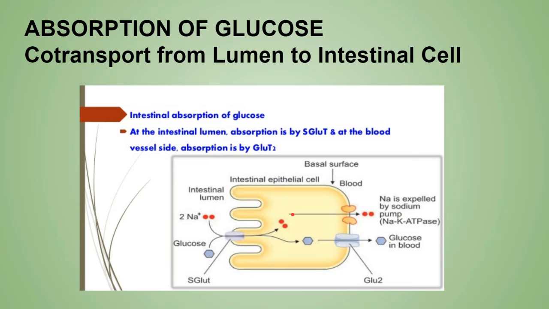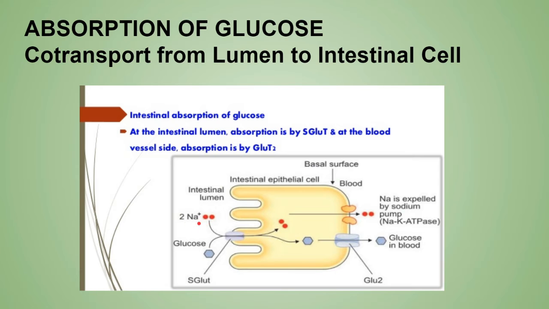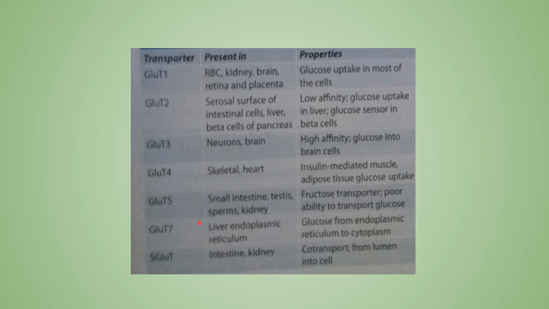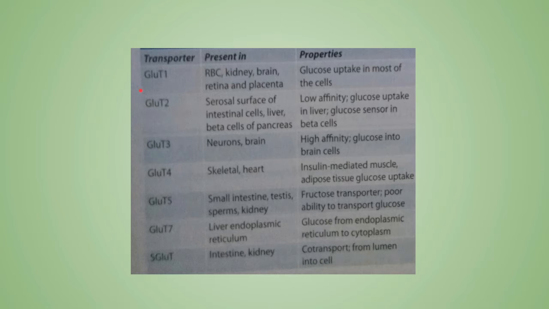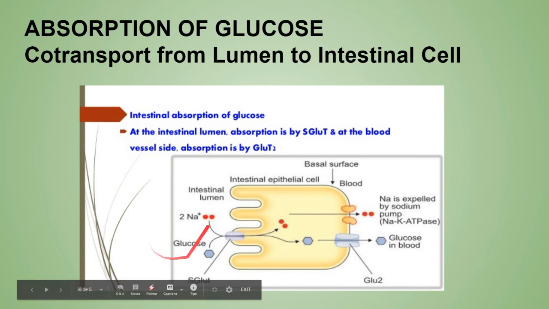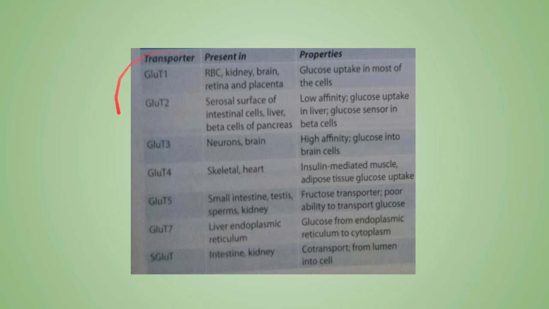What is co-transport? In this, the glucose is transported along with some other substance. Over here it is sodium. Just remember, we have many glucose transporters, from GLUT1 to GLUT7, and also the sodium dependent glucose transporter, which transports this glucose from the lumen into the intestinal cell, and then into this. Okay, so there are many glucose transporters, but over here